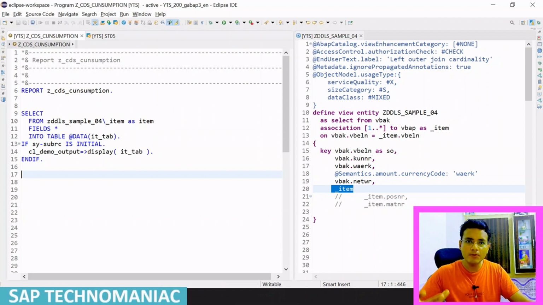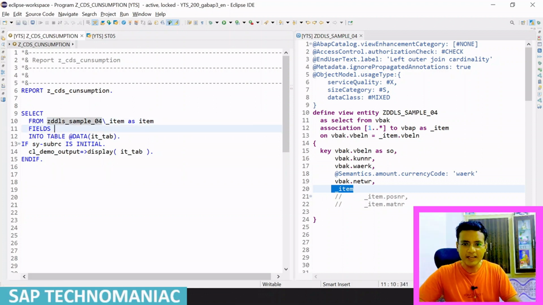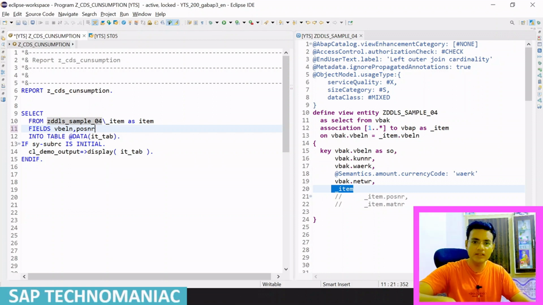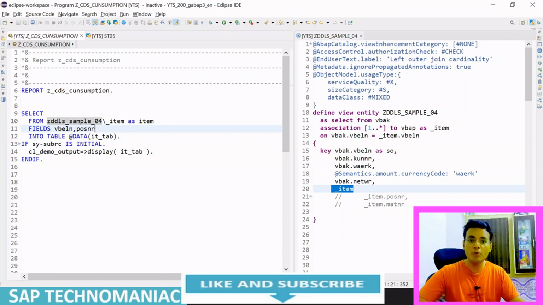To see which join it is forming, we have to use the ST05 trace, because only there can I see the SQL, what all joins are formed, what all tables got accessed, which secondary index got accessed, locked, all the things we can see in ST05. So instead of getting all the fields, let me get fewer fields, VBELN, comma, POSNR. I will get only the VBELN and POSNR from this particular association and try to display them in the output. Ctrl+F3. Before that, let me go to ST05